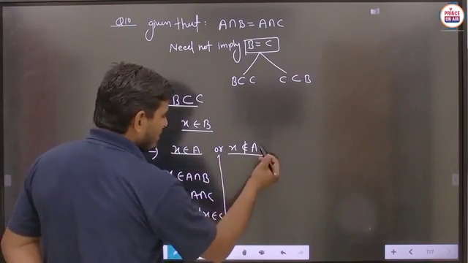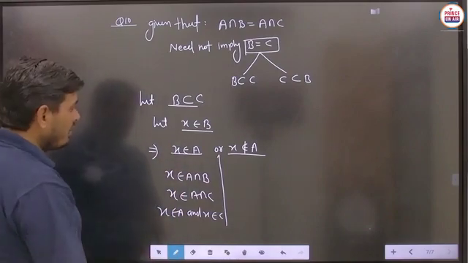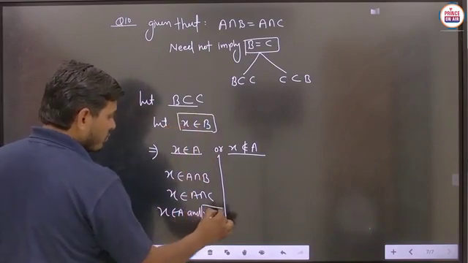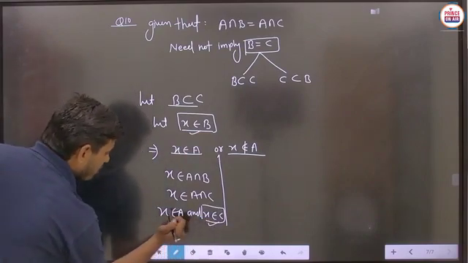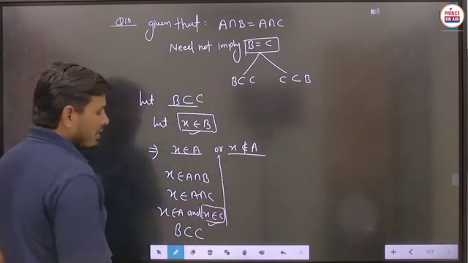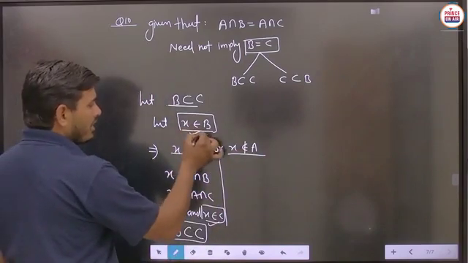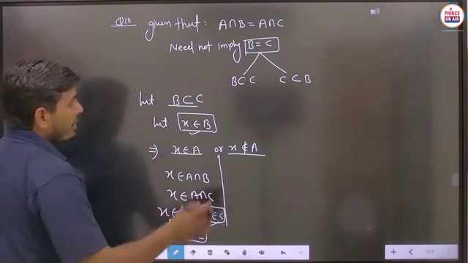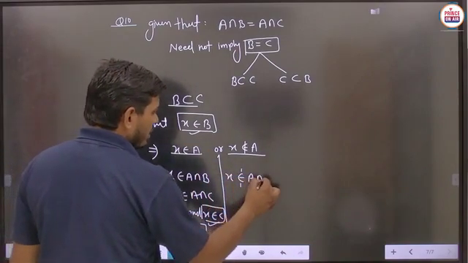Now in this case x does not belong to the set A. So definitely student, in this case you are saying that x belongs to B, and here we are getting the result x belongs to C. So on behalf of this result and this result, you can say that B is found to be a subset of C. But in this case, we are saying x does not belong to A, and here we are saying that x belongs to this particular set B. Then student, you can say that x does not belong to A intersection B.